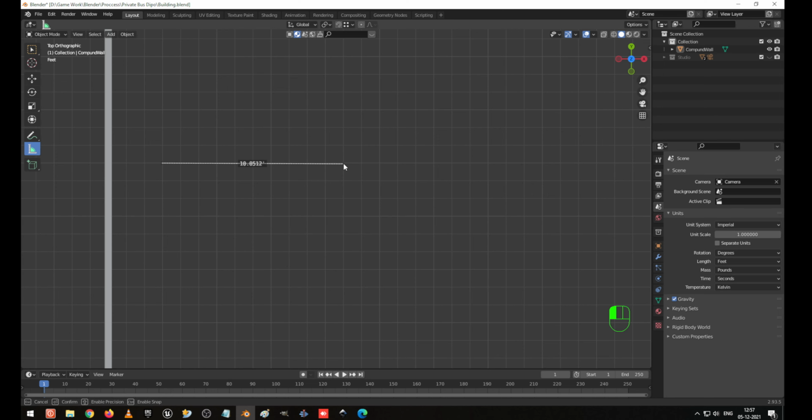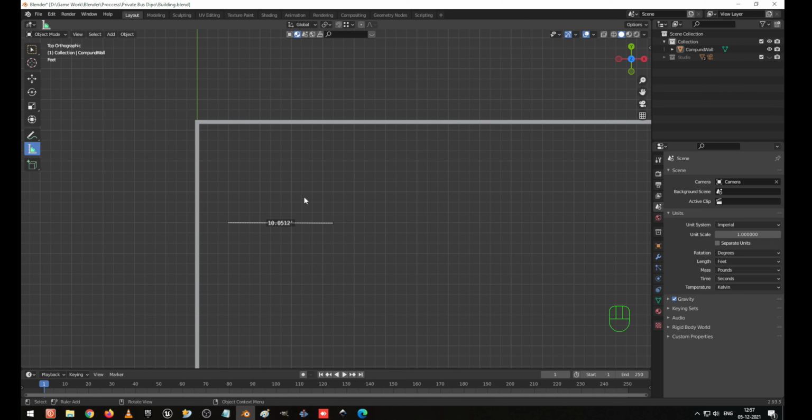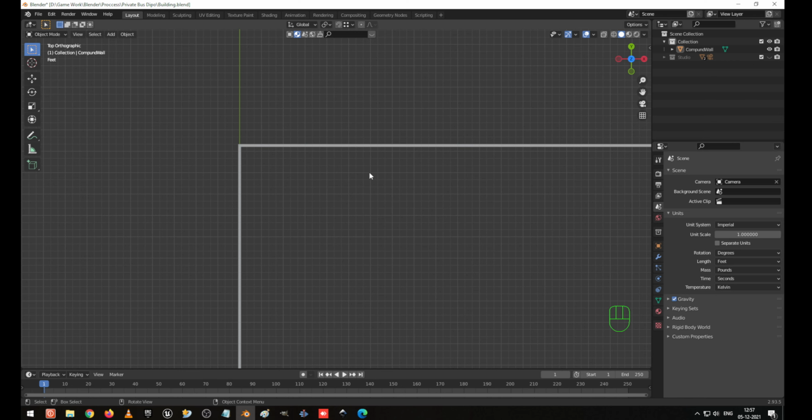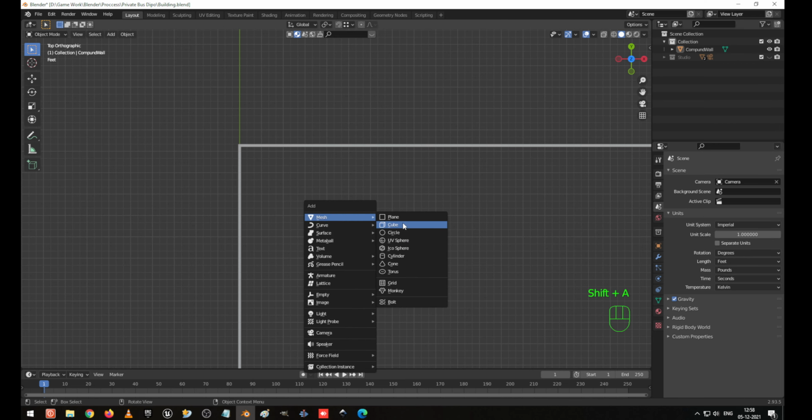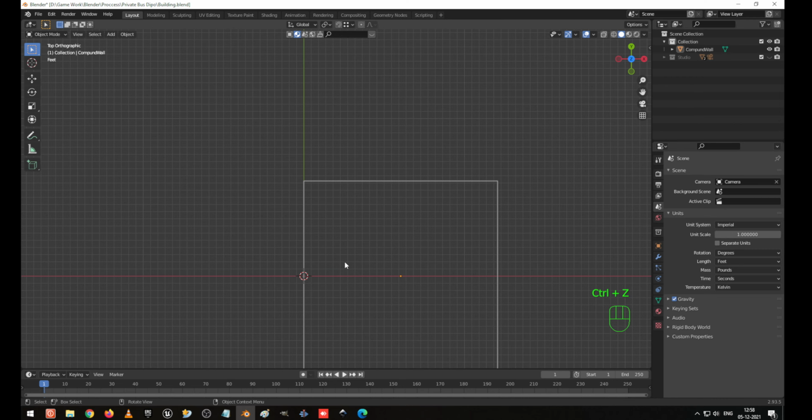So we can make it by this distance, we can make it 10 by 10. Okay, so instead of doing it like this, for a better idea, we can create the wall and we can see the width conditions. I do one thing: I press Shift A and create a cube, which has been created in the center.